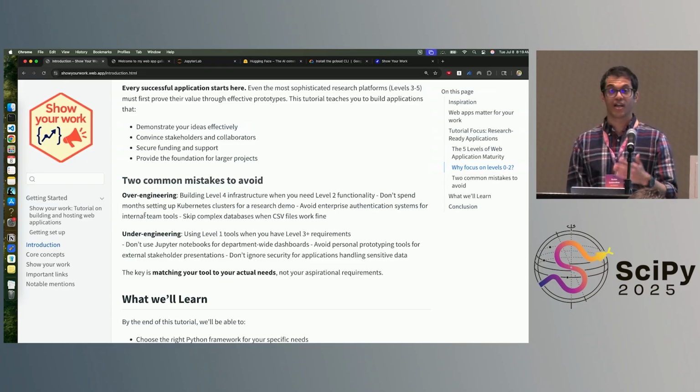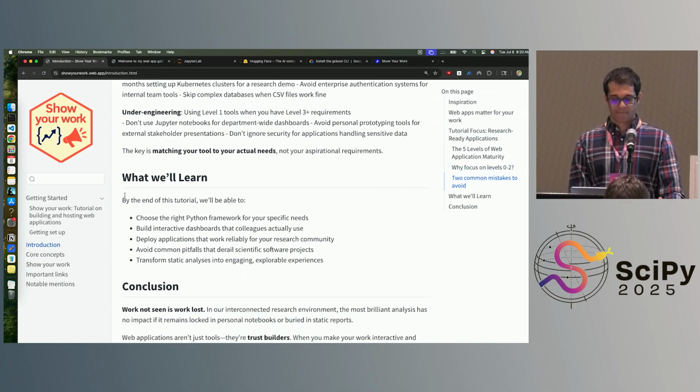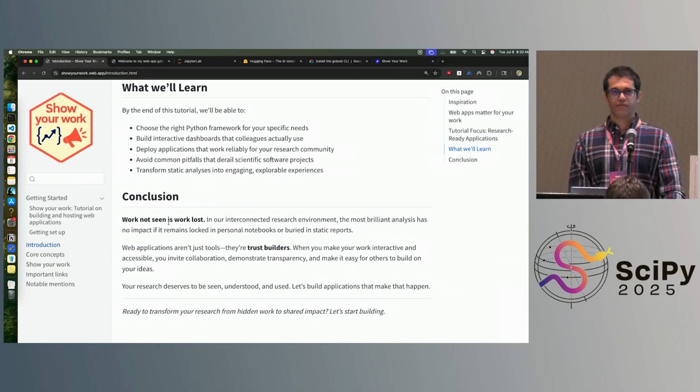You're not getting the value that you expect to get from that exercise. We'll look at a quick framework on how to think about these things as well, how to avoid over-engineering versus under-engineering, just based on a few of my experiences. And yeah, there are three things that